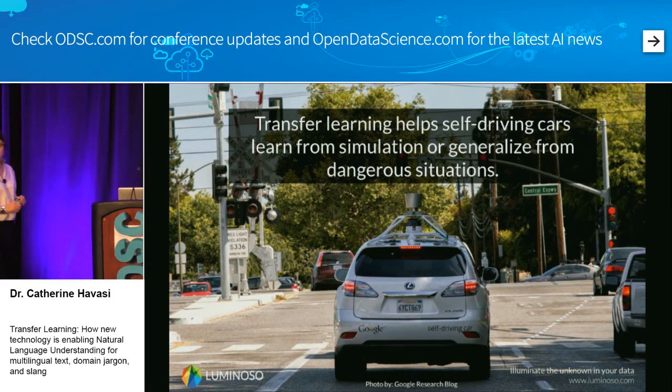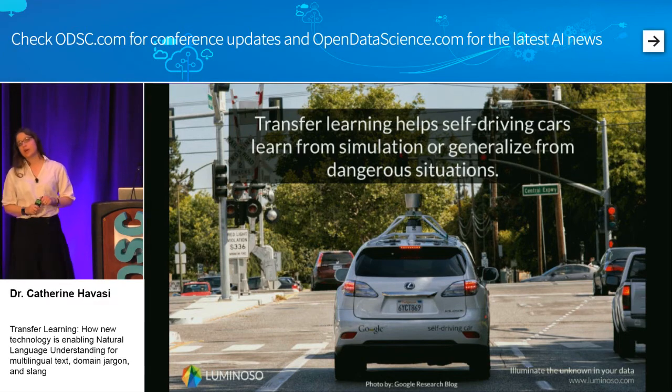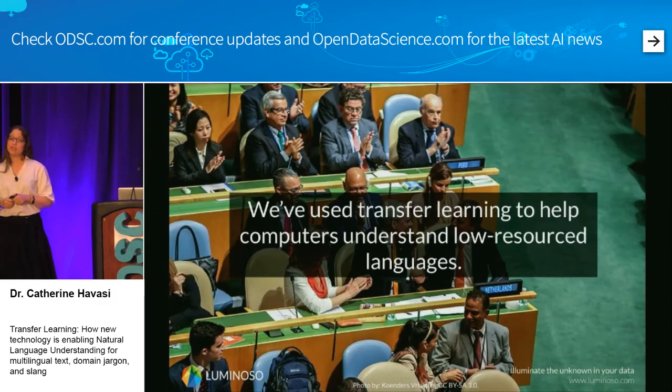And one of my favorite examples is low-resourced languages. Anyone who's done any natural language processing globally knows that there are certain languages like English for which there's every resource in the world, and certain languages like, say, Finnish, for which there are absolutely no resources available for you to train or test or build things. And so a lot of work right now has been done in saying, how can we use transfer learning to take data from high resource languages like English and move it into lower resource languages? I'll get into some of that in a bit.